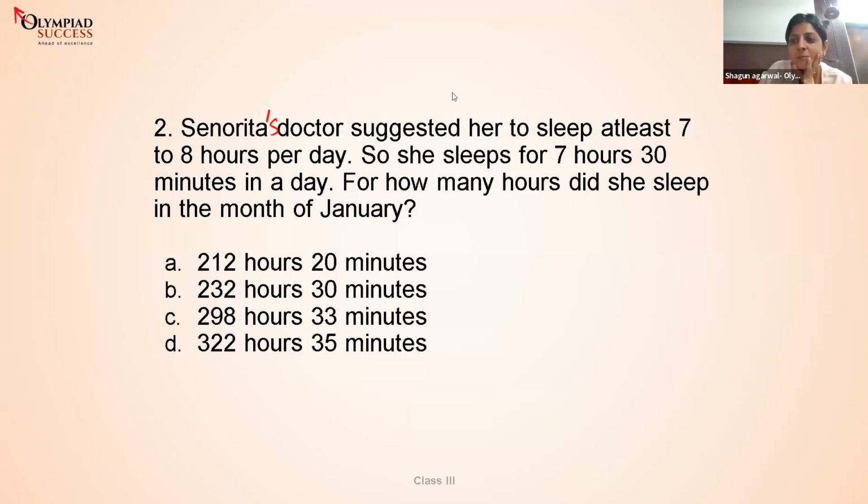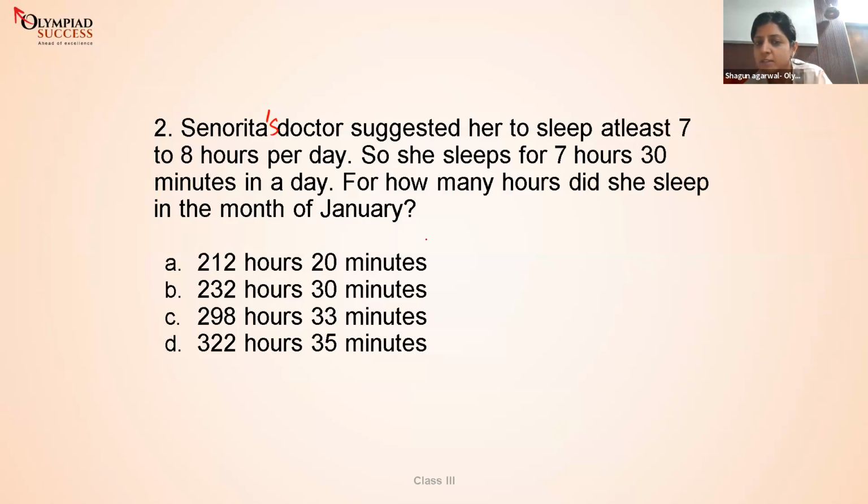Aradhya, would you like to try this sum? Yes, ma'am. Okay, come on, tell me, how should we go ahead? I think A. No, Arush. Check. Aradhya, what should we do?